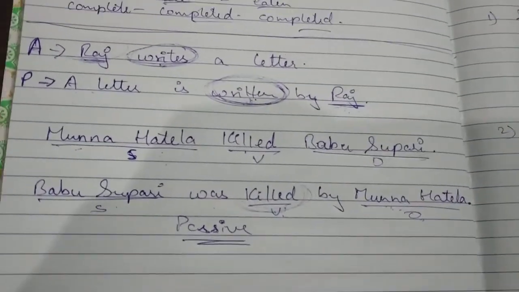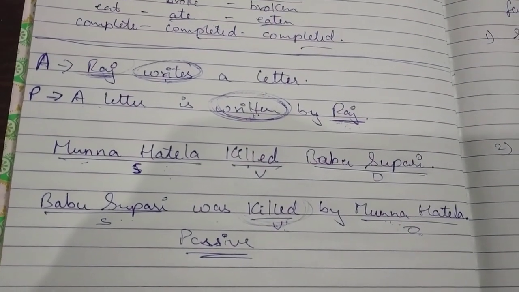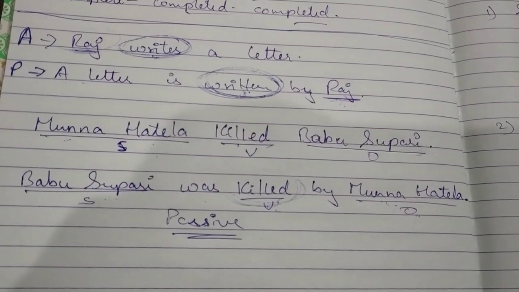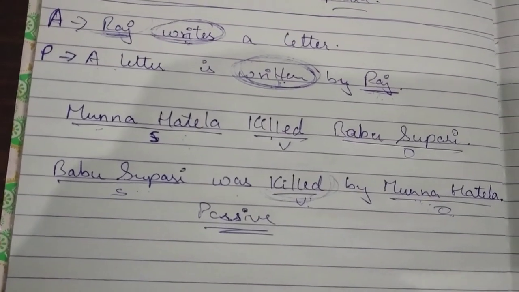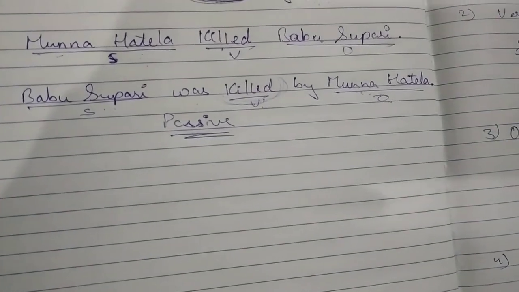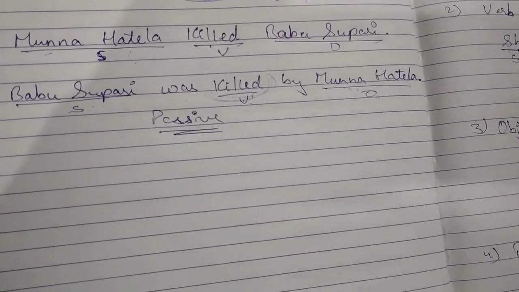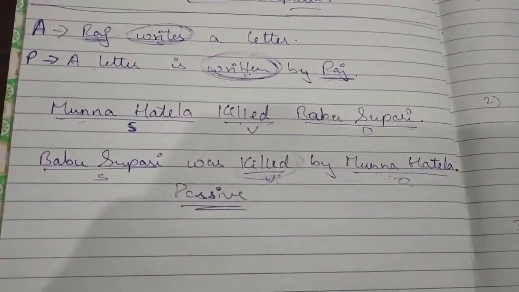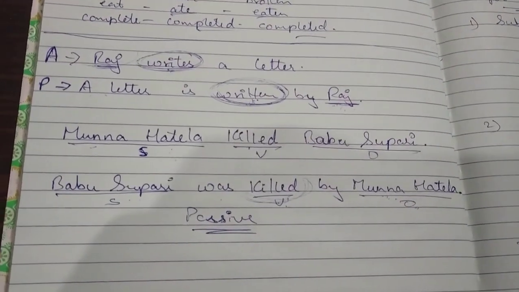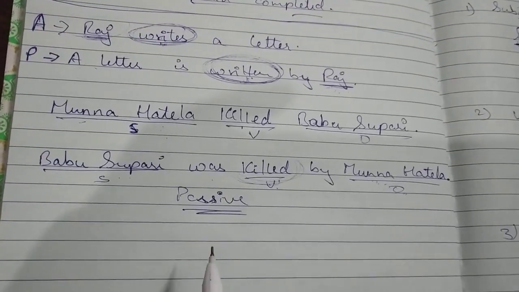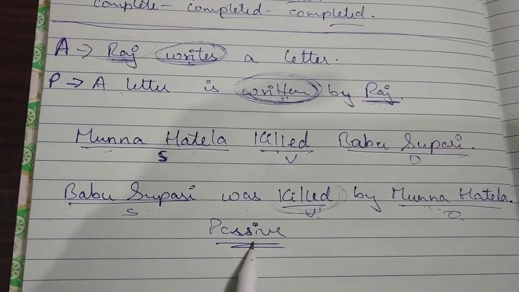It becomes passive. First understand what is active voice, what is passive voice, and how you have to identify whether the given sentence is in active or in passive. Later on we will be seeing how you have to convert active into passive. I hope that till here it is clear which is active and which is passive and how you have to identify. Clear? I hope it is understood till here how you have to identify active voice and passive voice.